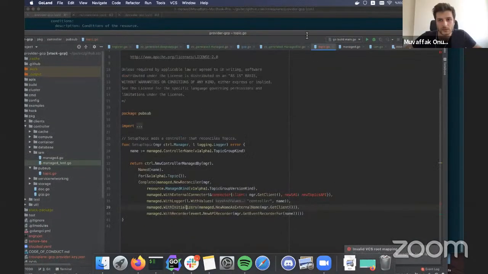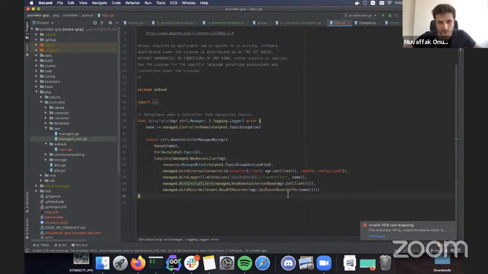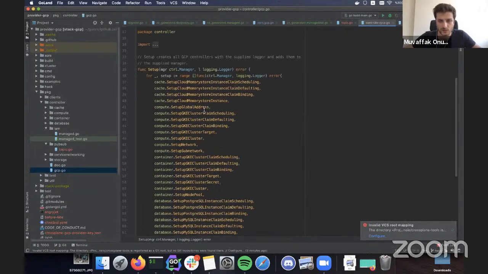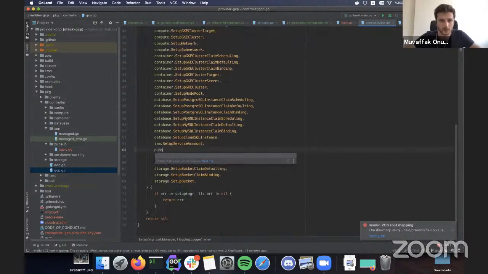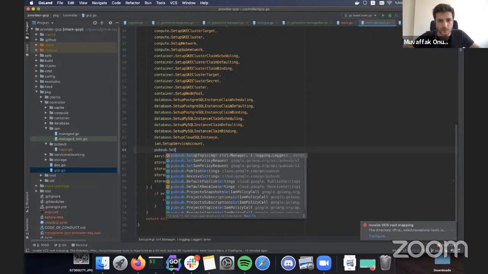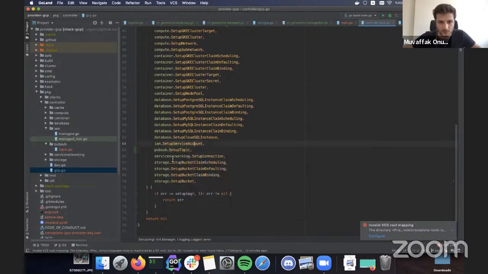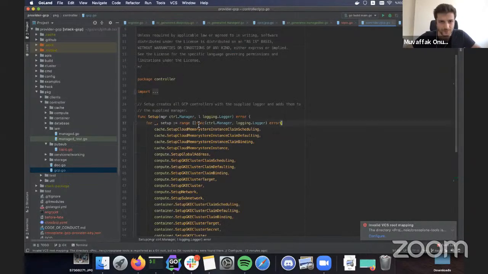Yeah, exactly. So I will come back and show how this reconciler works. First thing we need is a connector, which will initiate the connection to the GCP API. This is the start of the reconciliation. However, one thing we need to do before that, as you see, this is grayed out because it's not used anywhere. So we have to set up topic with the manager, which is done here. You see all the reconcilers' setup methods. So we will add setup topic here. We will pass the function and it will be called in this for loop.